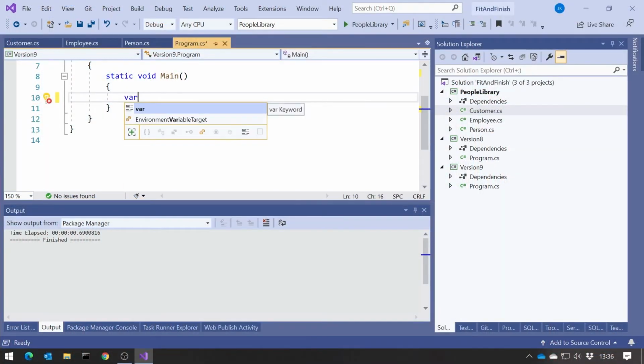But there is another problem I have with this, particularly on teaching, but also just generally programming. It's that when you start typing this sort of thing, it takes a long time before you actually reveal what type of object you're creating. So we say var, well, we don't know what it is yet. We say P, well, maybe we could take a guess, and if the name was a bit clearer, we might be able to guess it was a person, but it's still not clear. We say equals, we say new, and all the way up to that point, we still haven't got any real idea as to what type it is. It's only if I then type in, let's go for Employee, that at that point we know what's going on.